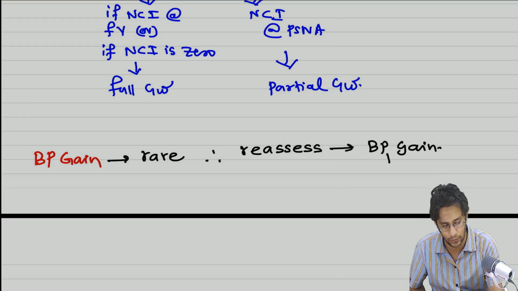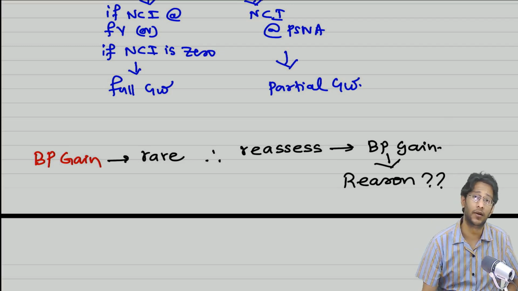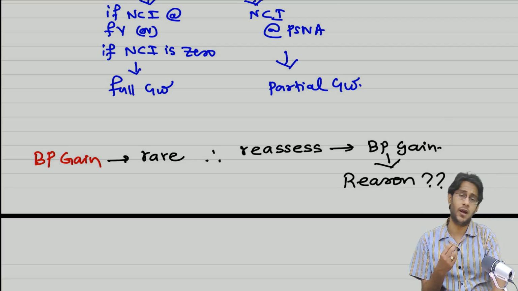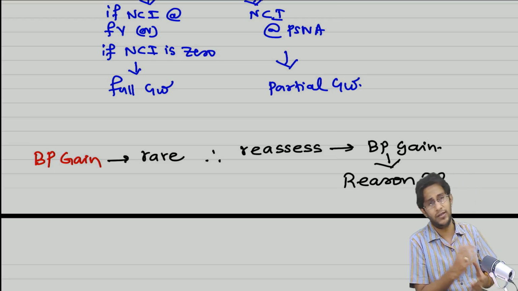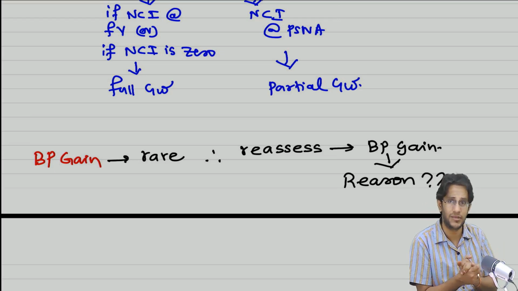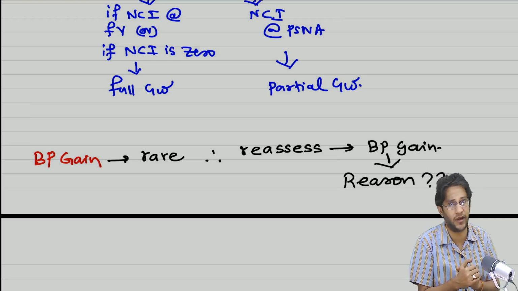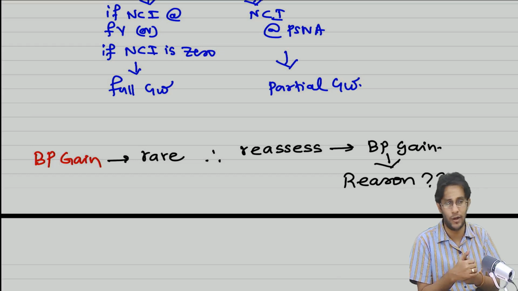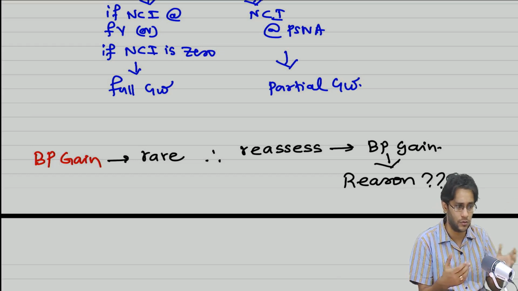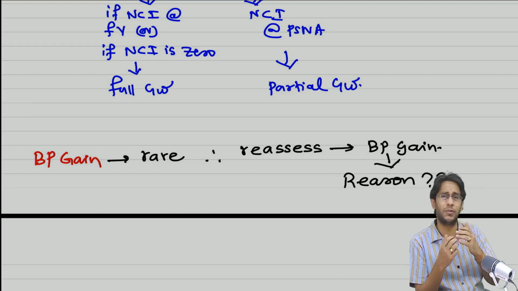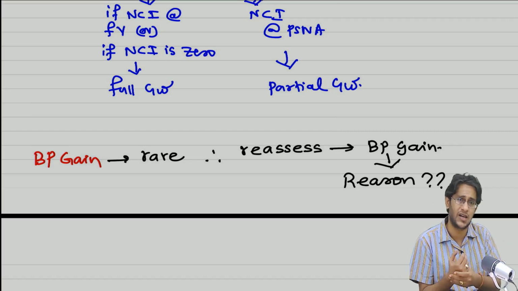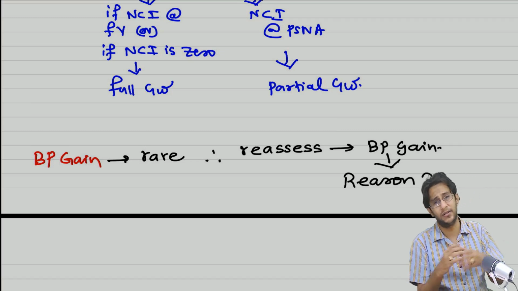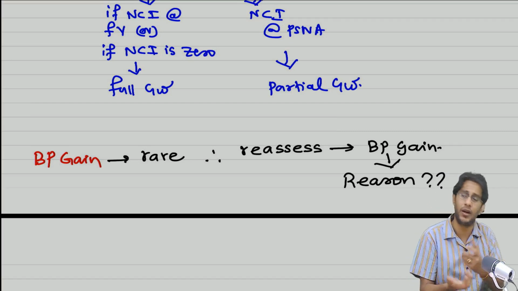Then the standard asks you, do you know the reason why you got a bargain purchase gain? Reason means, could you identify why the owner of the business sold the business at a lower value? There could be reasons like that fellow is in some distress, he is in urgent need of cash, so he sold the business at a lower value, or he is flying off to some other country, or the business is in losses, so even though the asset value is high, the operating cash flows are not so great. That's the reason he's forced into liquidation. Therefore, I went and purchased it.